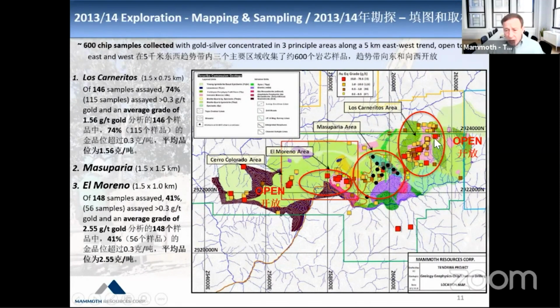The red squares are from 10 to 74 gram per ton gold. The amber from 1 to 10, the brown from 0.5 to 1, and then the yellow is 0.3 to 0.5. Again, we didn't sample anything below 0.3. And this grid here, these squares are 2 kilometers. So you can see sampling over here, there's 2, 4, 6, about 7 kilometers trend of mineralization on the project